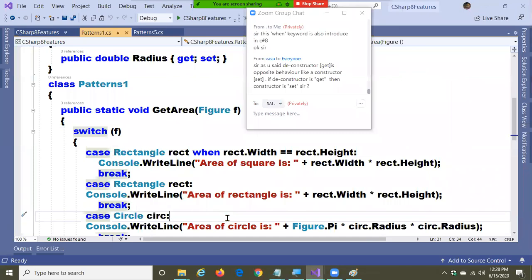Yeah, constructor is a set, deconstructor is get. Perfect. Constructor will set the value, deconstructor will get the value. Deconstructors are also introduced in C# 7 only.